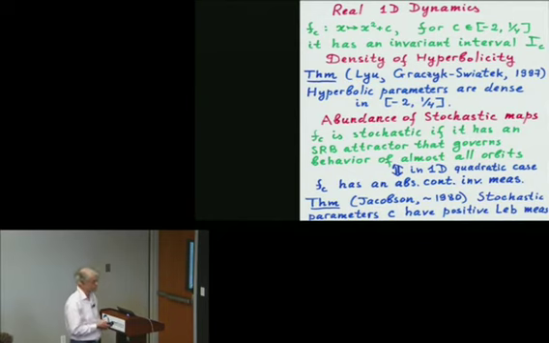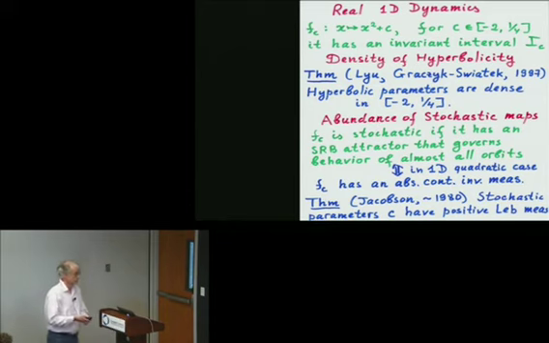But in this one-dimensional situation, everything becomes more elementary. This condition is just equivalent to saying that f has an absolutely continuous invariant measure. That's all. Remember that SRB is related to some absolute continuity in the unstable direction, but here we have only this unstable direction.